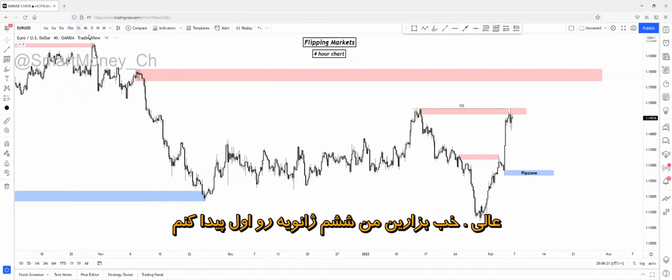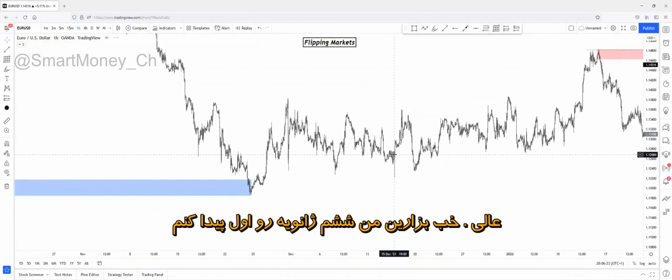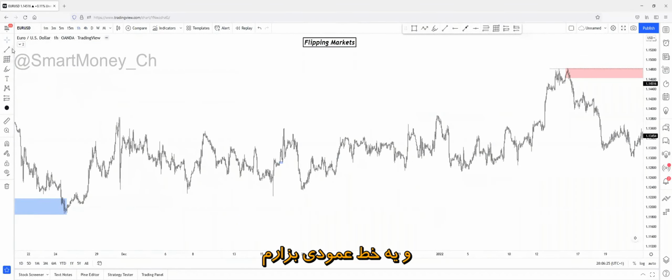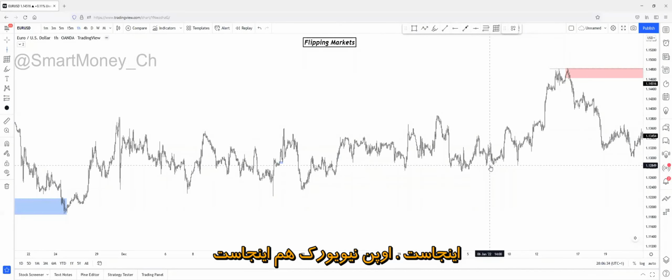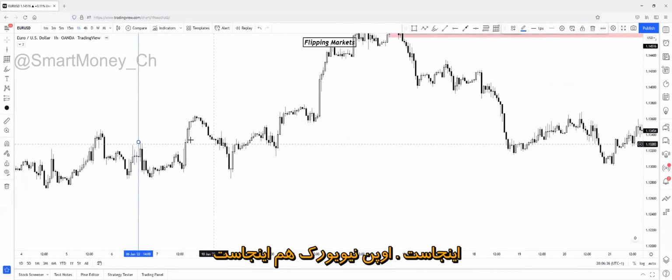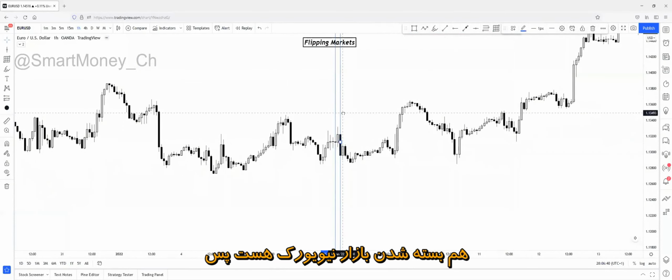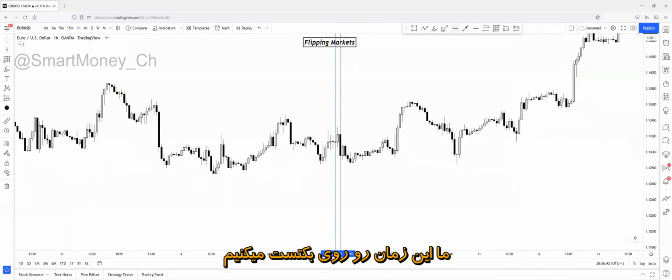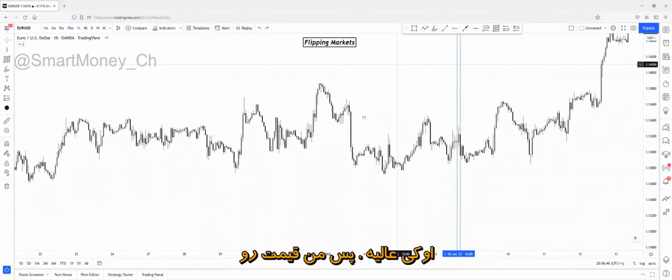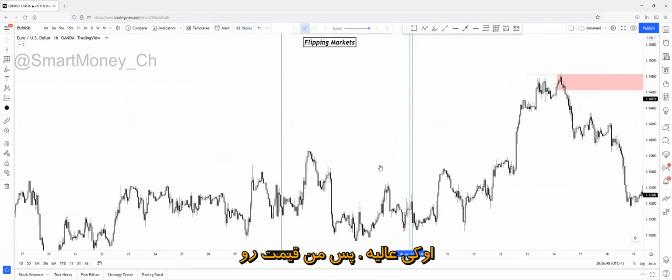Perfect. Let me just find the 6th of January first, and just putting a vertical line. 6th of January is here, and this is the New York Open right here, and this is New York close. So we are going to backtest this time window on the 1 minute chart. Okay, perfect. So I will just replay price